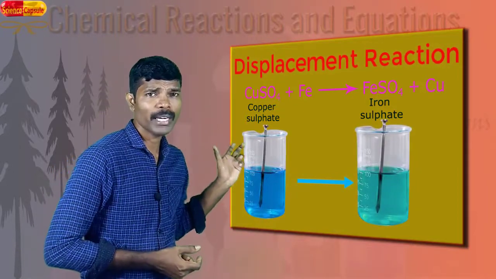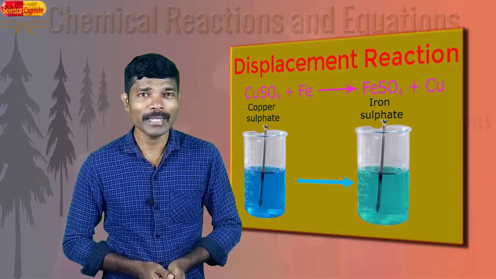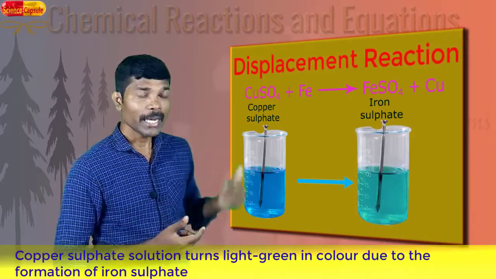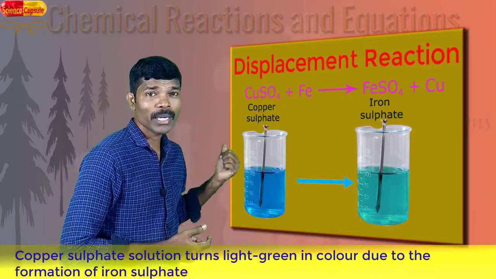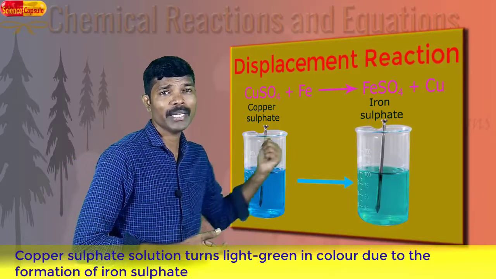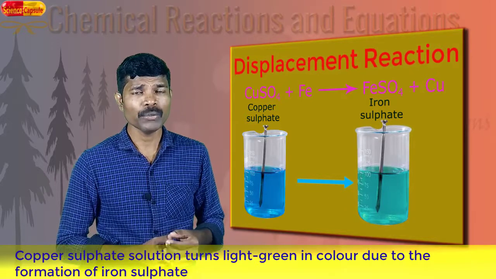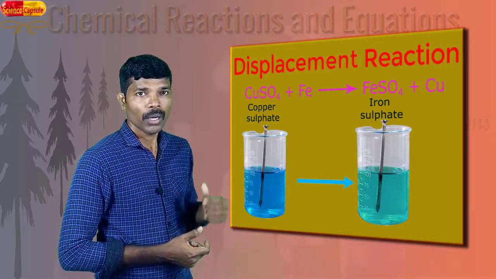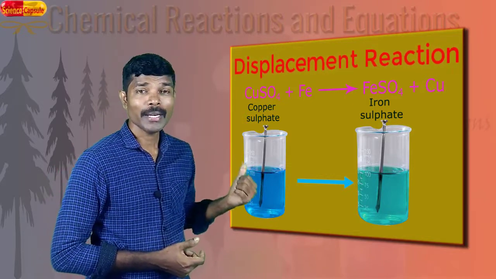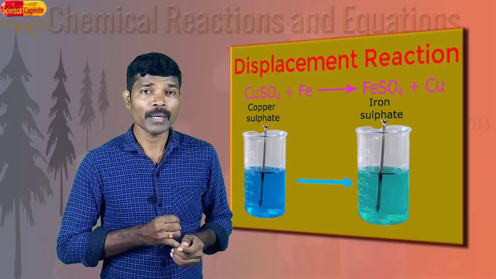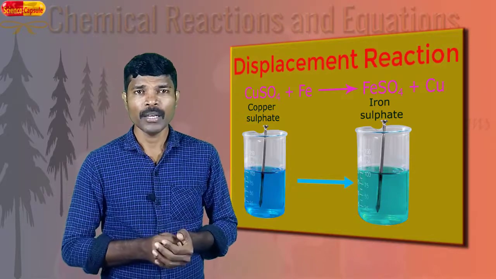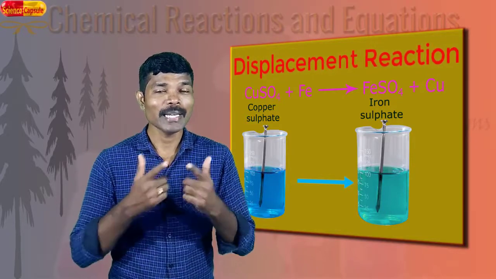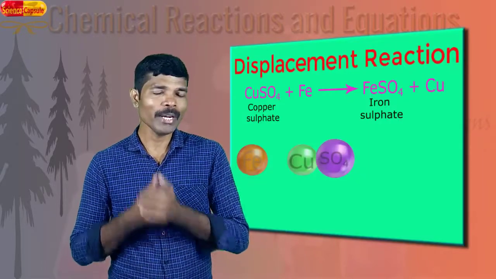So this is one of the chemical changes, and we have learned already that a chemical reaction may be indicated by a change in color. Here you can see the sky blue copper sulfate solution becomes green in color on adding iron. So we can say that here a chemical reaction is taking place. Now in this, what happens? Iron is one metal and copper from copper sulfate is another metal. When you compare the reactivity of copper and iron, copper is less reactive than iron. So what happens?